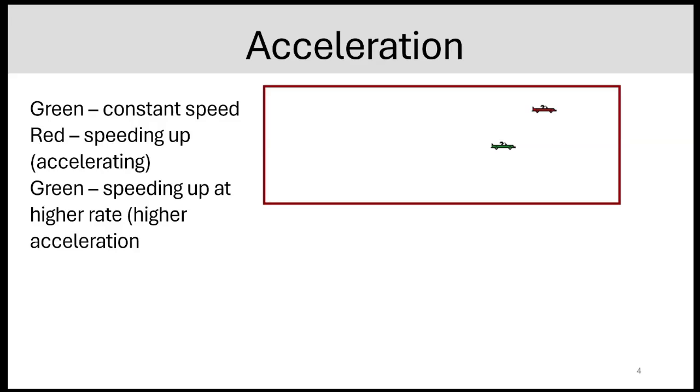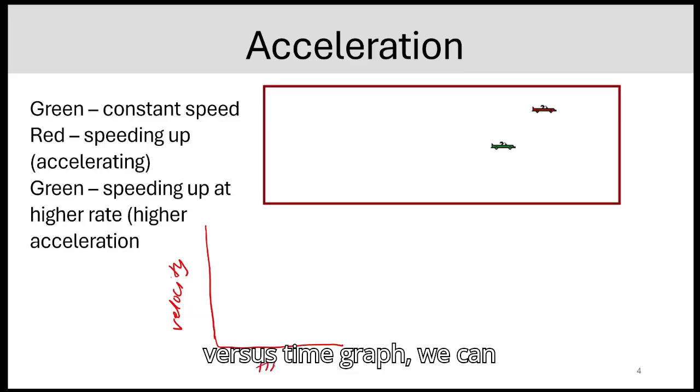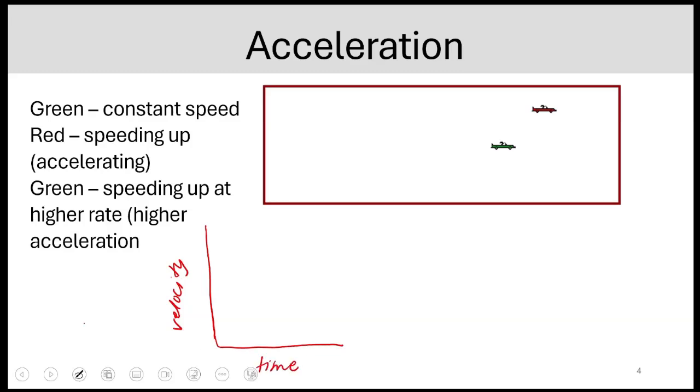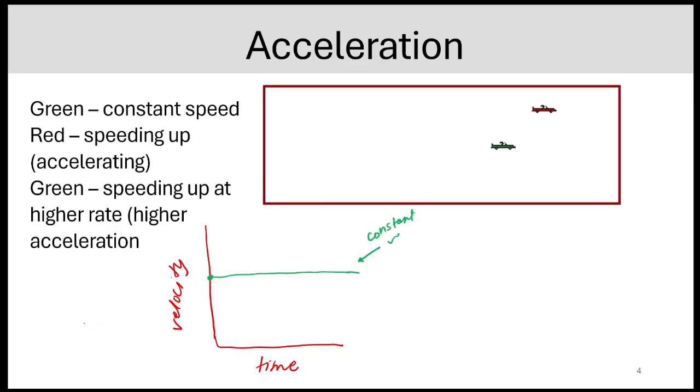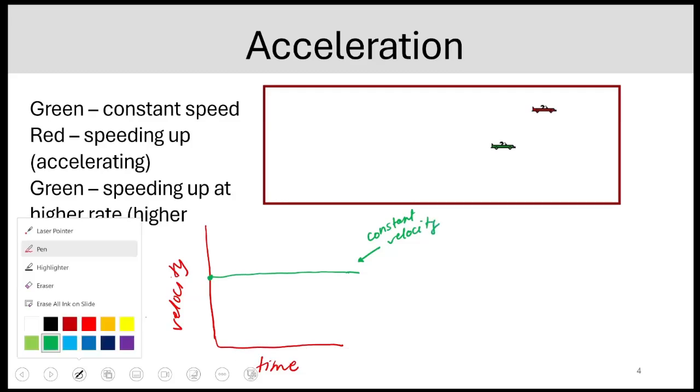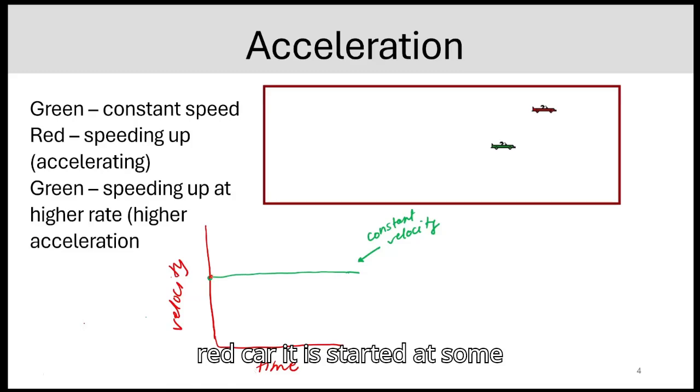So if we were to plot a velocity versus time graph, we can see for the green car the velocity is not changing. It started at some velocity and then remained at the same velocity. So this is constant velocity. And then for the red car, it started at some point and then